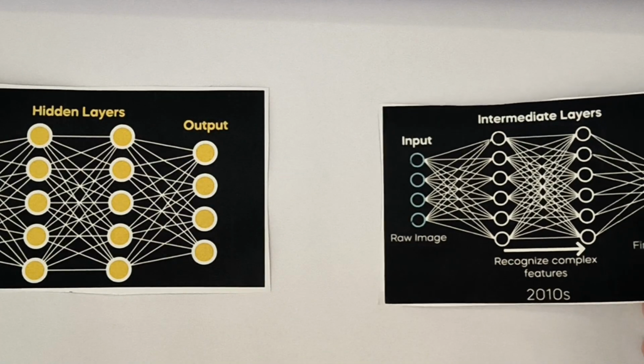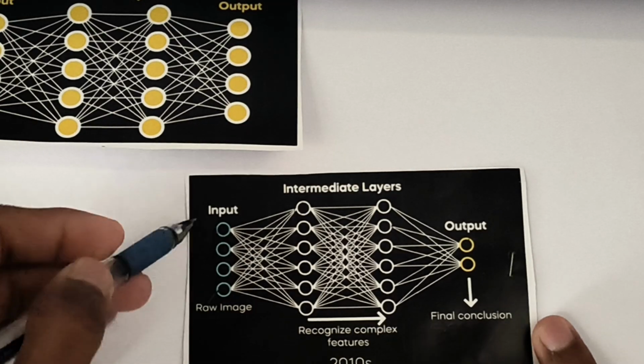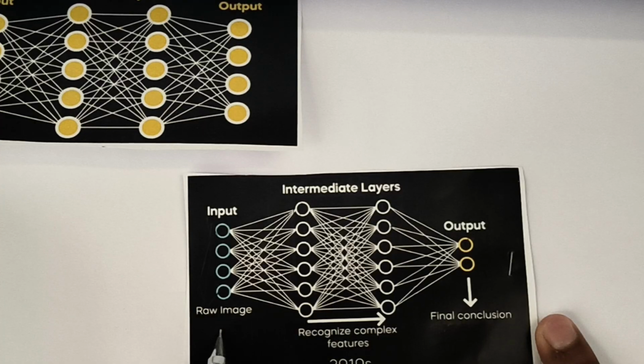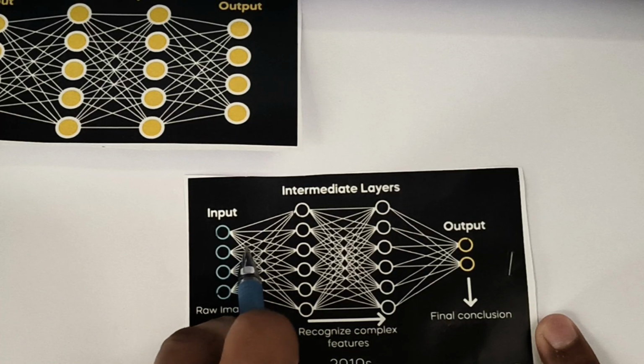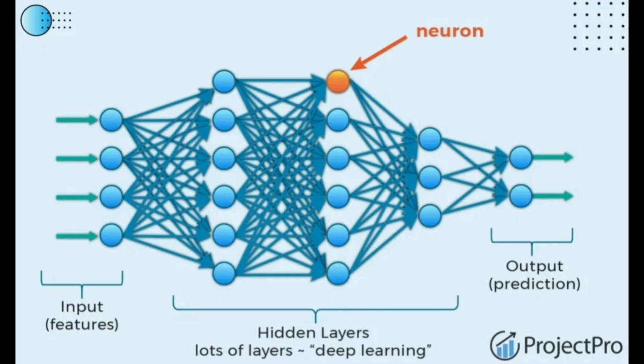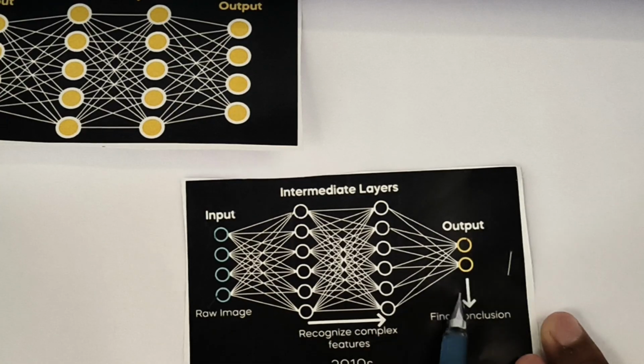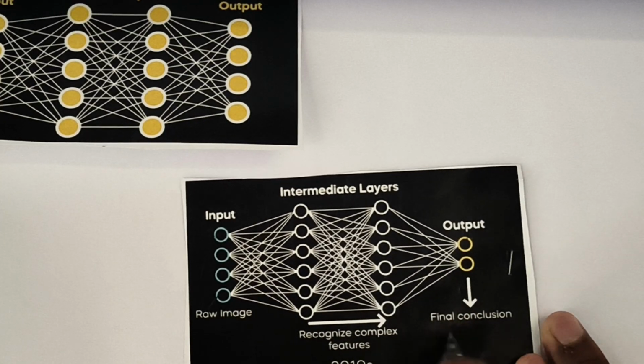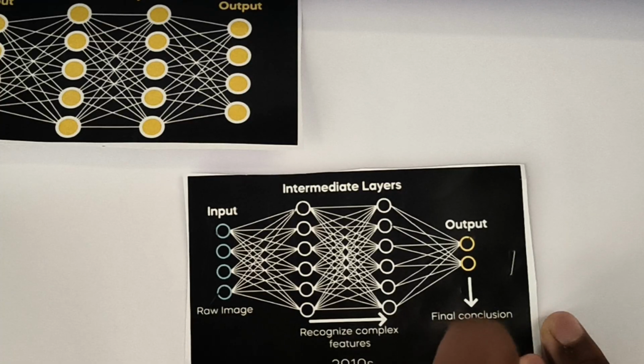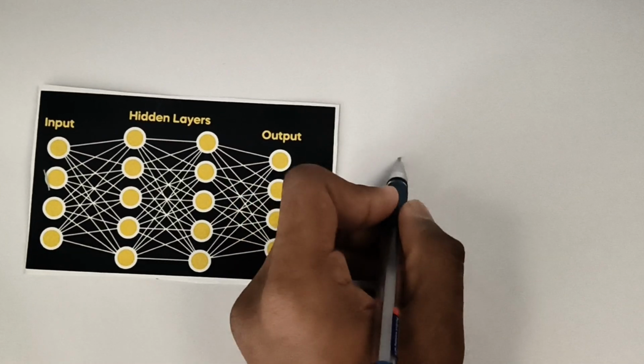In this, the input layer receives raw data. It's like sending information to the brain. The intermediate layer processes this input information. These hidden layers can be one or many, depending on how complex the task is. Finally, the output layer generates the final output. For now, just remember this structure because the real learning happens inside these hidden layers. So far, we have seen how data goes in, passes through multiple layers, and a final output comes out. But we never thought about what exactly happens inside these layers.